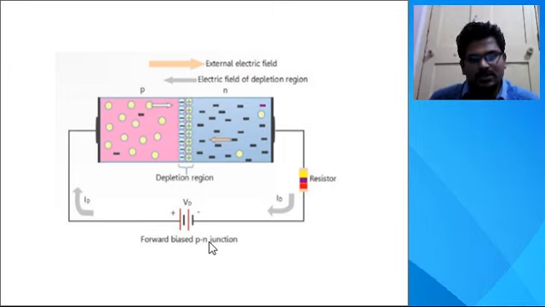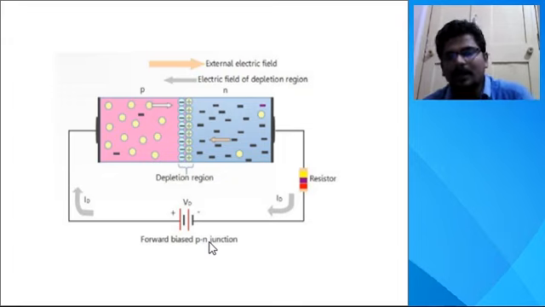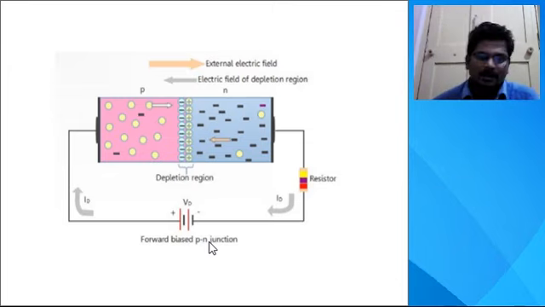So this positive and the holes have the positive polarity. Due to these two positives, the holes are repelled towards the n-type material. Coming to the n-type semiconductor, here the electrons are the majority carriers, and we applied the negative potential to the n-type semiconductor. So the electrons are repelled due to this negative potential, and they try to move towards the p-type region. In this way we get the electron movement towards the barrier, and they will break the potential barrier whenever we apply sufficient energy of voltage at the bias voltage.